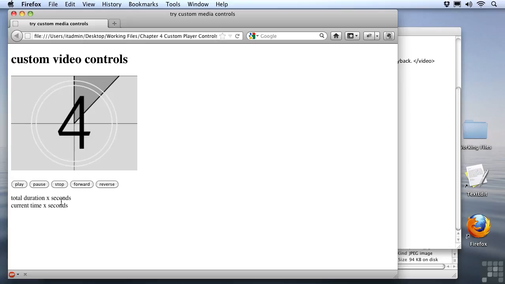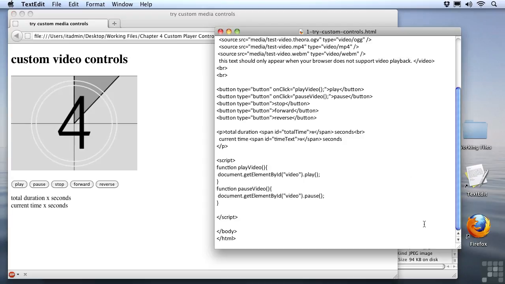And for that, we'll go back to our document again. And here, the first thing that I want to do is take a look at filling up this little span area where we're going to indicate the total duration and the current time of our video. We actually have properties that give us these values pretty easily. They're called duration and current time. So that part's not hard at all. Let's set it up so that I can take the duration and drop it in the place of this X